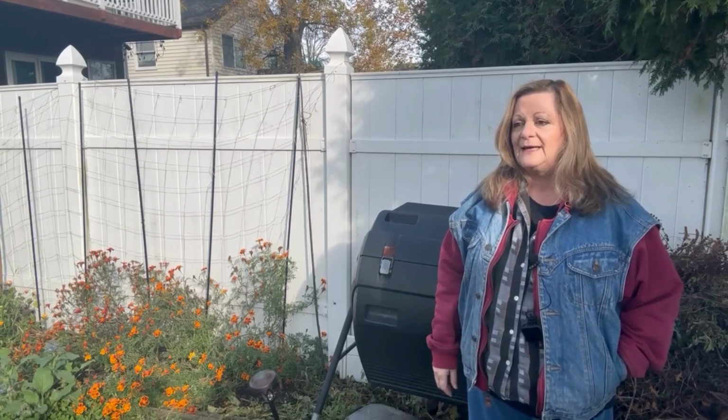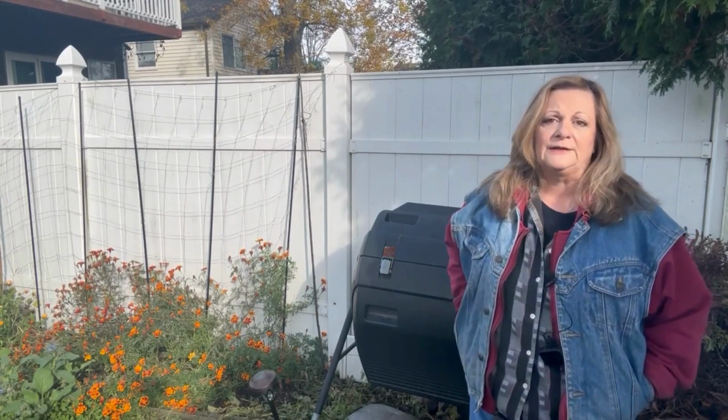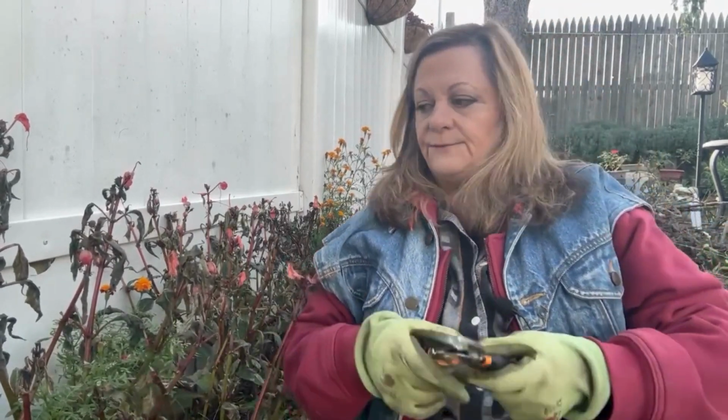The only problem is that not only does composting take a lot of time and effort, but it's also gotten very expensive to supplement it. So this year I've decided, instead of going that route, I'm going to save my compost for the spring, and I'm going to chop and drop. Not only do I think that this method is going to save me time and money, but I also think it's going to be very healthy for the soil. So, for example, with these impatiens that are done after our frost we had last week,